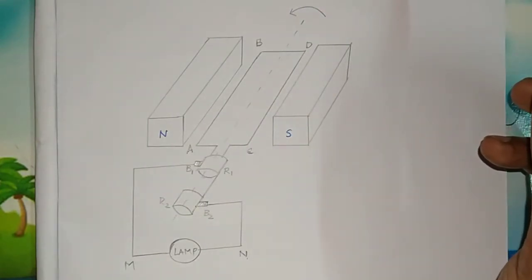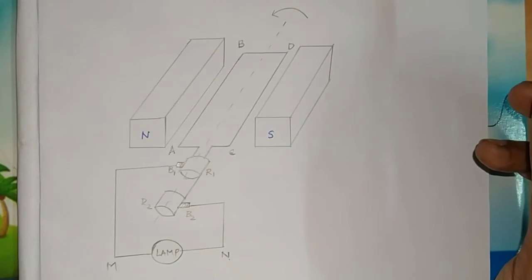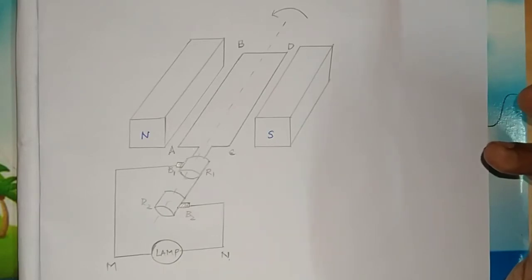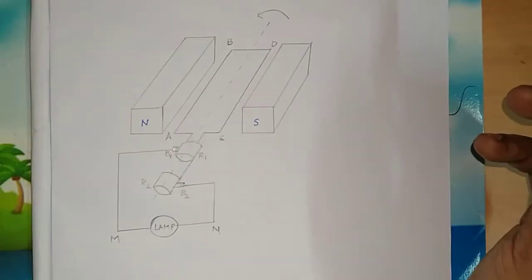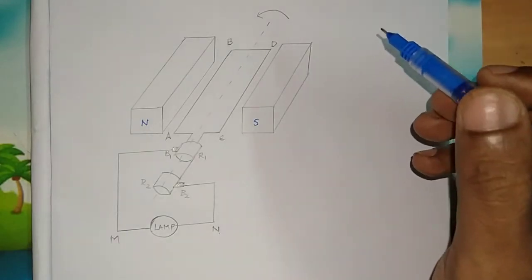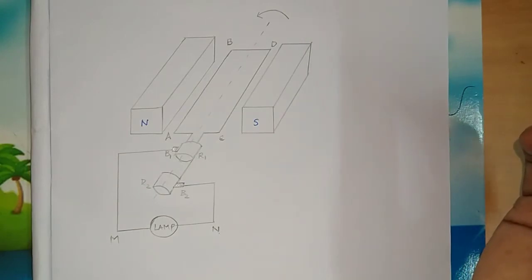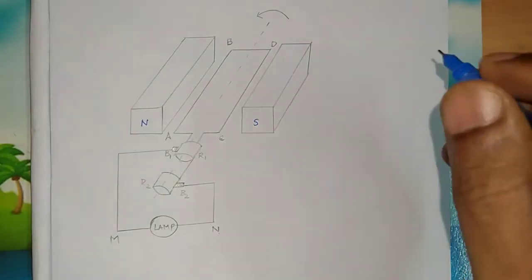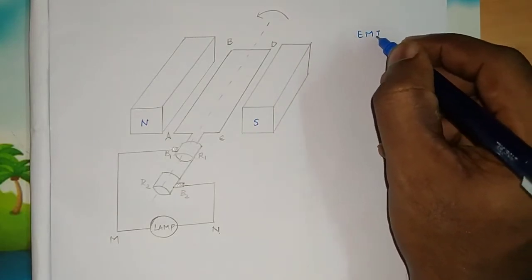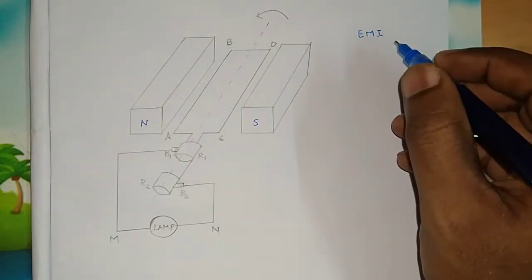You know about generators, how electricity is generated. We have discussed generation of single phase voltage and three phase voltage in the previous video. That generation is according to Faraday's law of electromagnetic induction. Faraday's first law states that whenever there is a change in flux, EMF will be induced. On that principle all generators work. So the first thing you need to write under working principle is that a generator works on the principle of Faraday's law of electromagnetic induction, that is EMI. EMF induced is nothing but electricity which is produced.